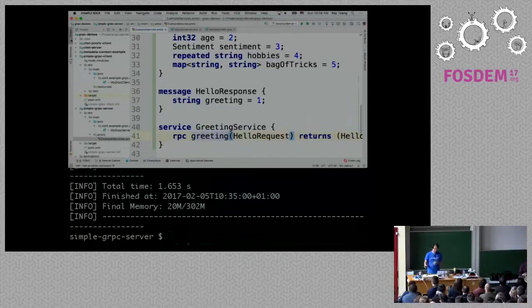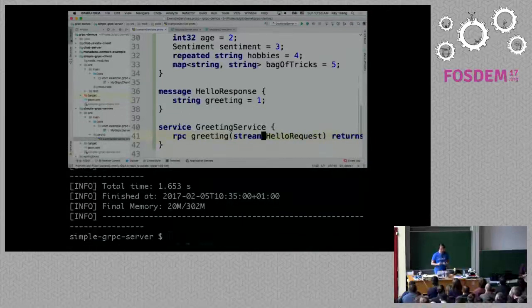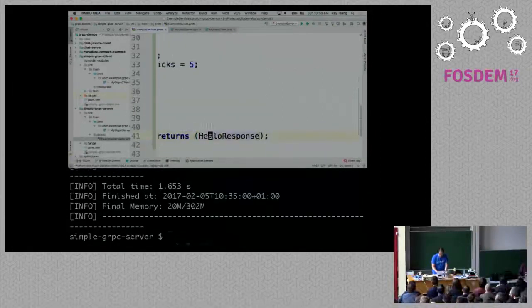You can do bidirectional streaming, client side to server, server to client. And that's because we are using HTTP2 behind the scenes. To make something streaming, all you have to do is add the keyword stream, and that's it. So in this case, if I add the keyword here, that means this is a client-side stream. Imagine if you have devices that need to stream metrics to the server, that's probably what you would do. You just say client-side stream.